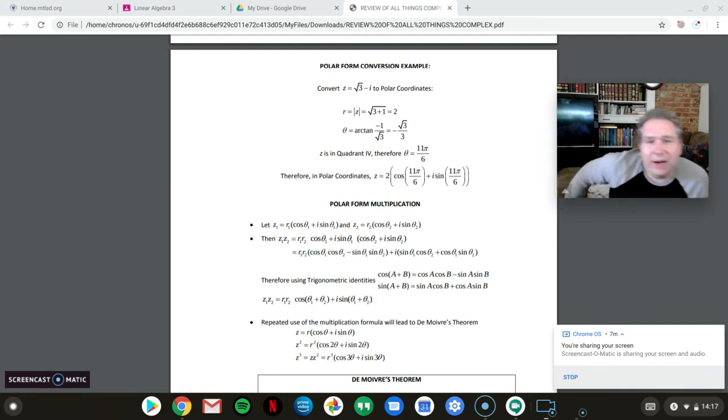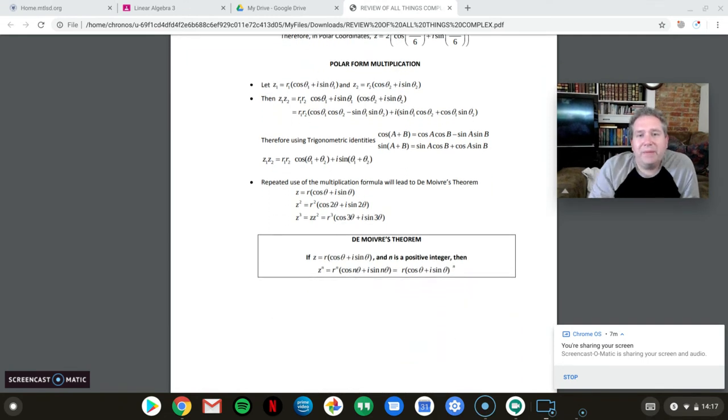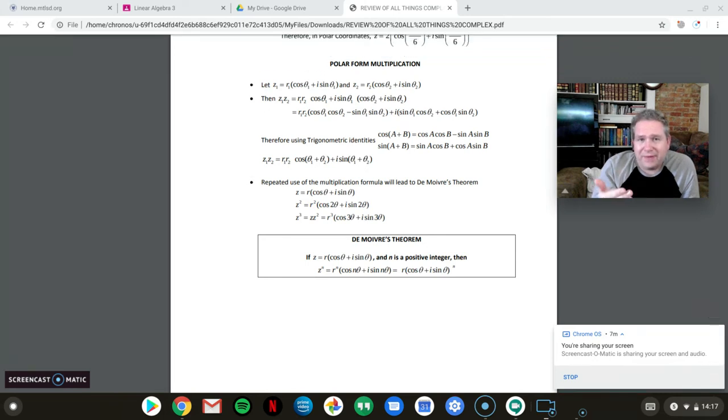And so what I've done here is show you multiplying by a polar form, what it would do to take one complex number and then start to square it, or raise it to a power. And that derives for us de Moivre's theorem down here at the bottom. So if I take you through these bullet points here,